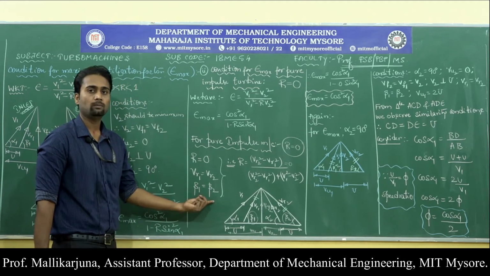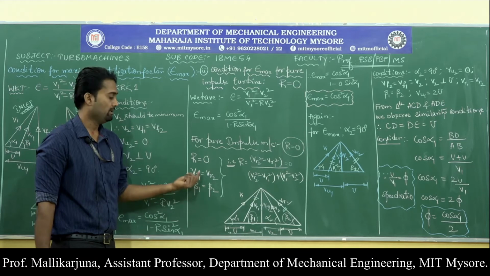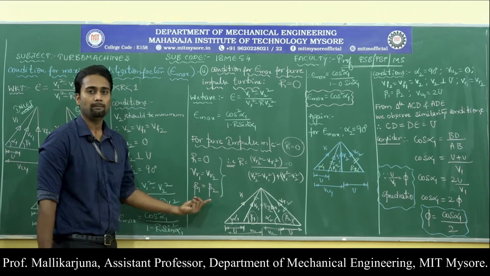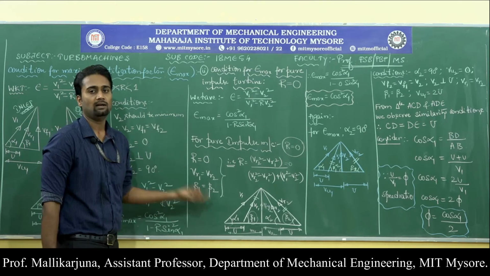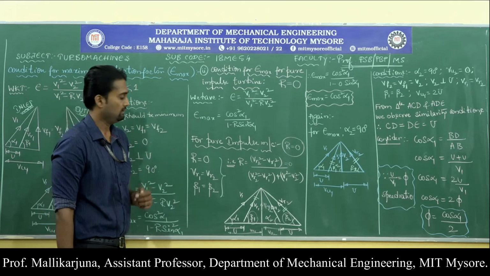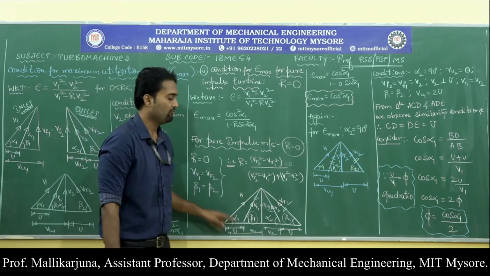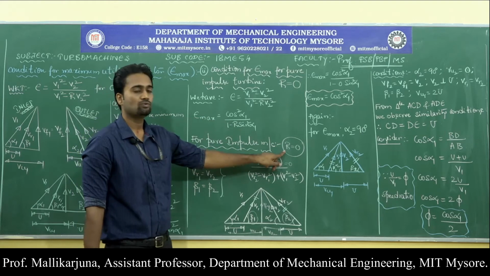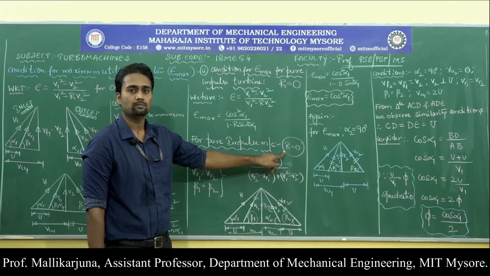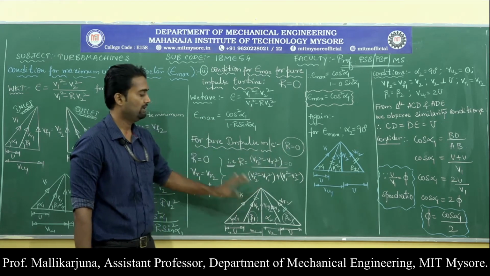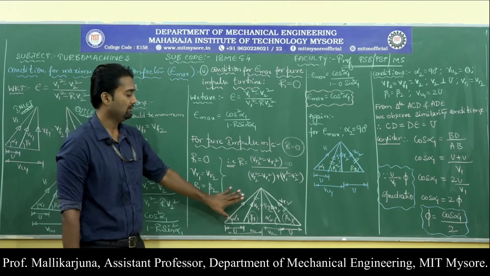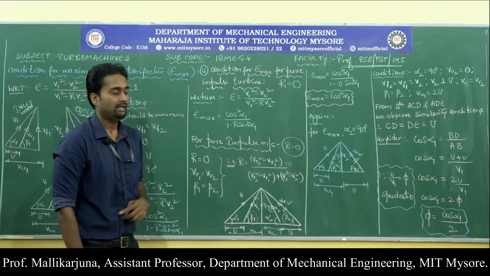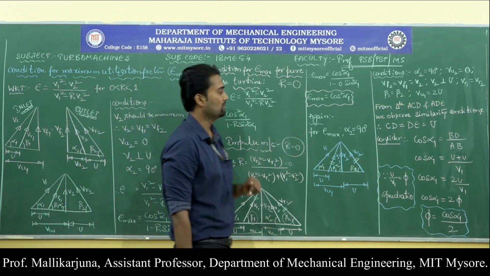Beta 1 should be equal to beta 2. That means relative velocity components have to be equal, then blade angles should be equal at inlet as well as outlet. So now this is the final velocity triangle for turbines whose value of R is equal to 0. We have arrived at the final velocity triangle for R equal to 0. Now let us move on to the next part.